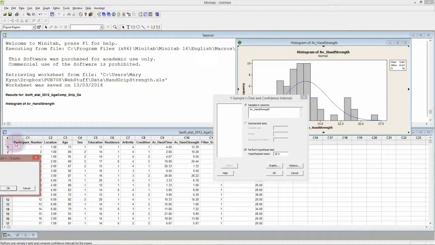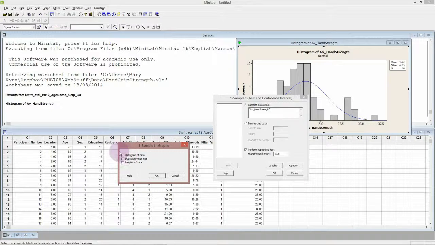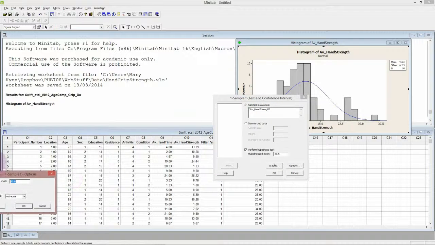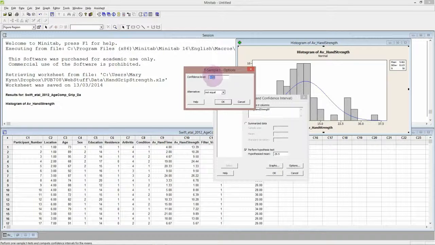Now we can get it to do graphs. We've already done one, but if you wanted to do it all together, you could do it here. So we could have a look at a histogram and a box plot if we wanted. Okay, what other options do we have? And options. Confidence level, again, 95%